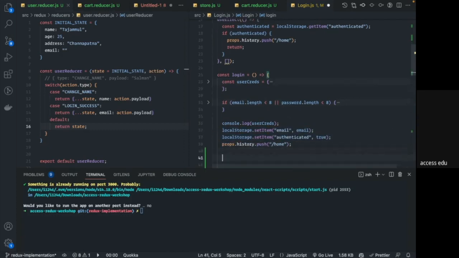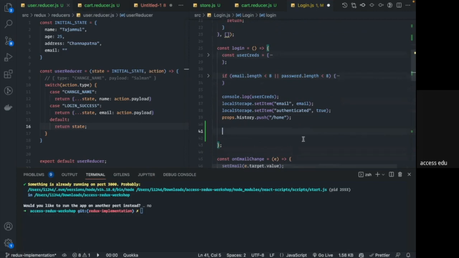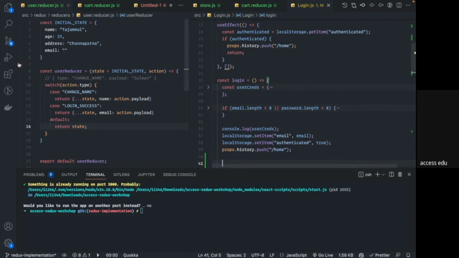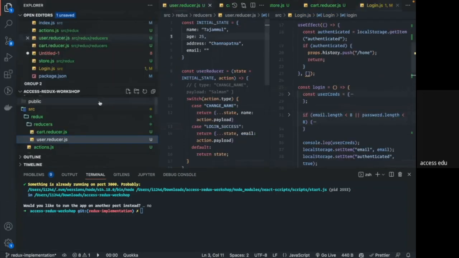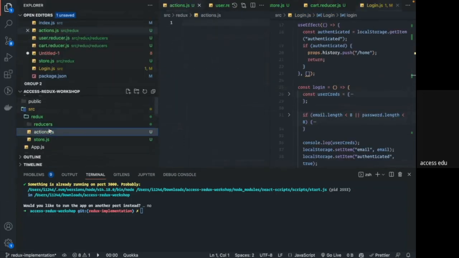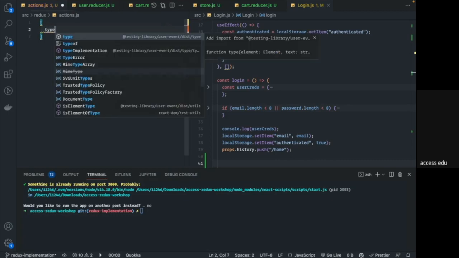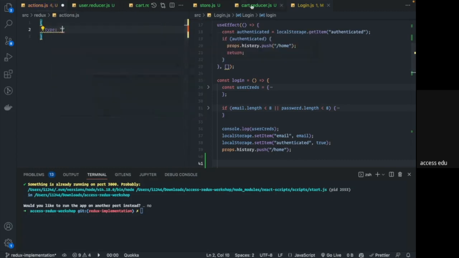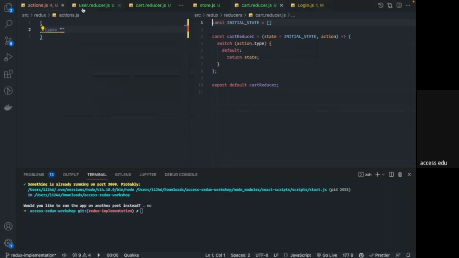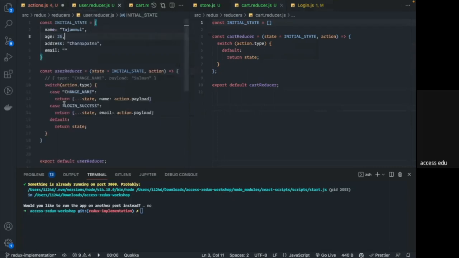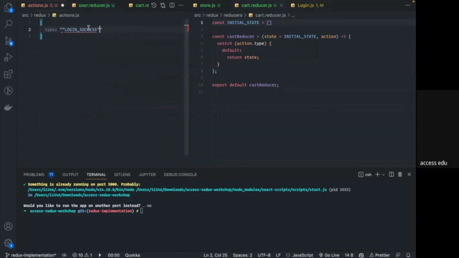So if all the checks pass, how to dispatch an action? For example, I said I want to dispatch an action. You can write that action here, in actions.js. I want to just send this action. The action should have a type, and whatever type you have in the reducer, you have to have the same type, login success. Just copy this type and I'll put it here, login success,